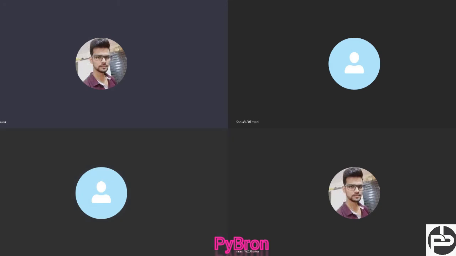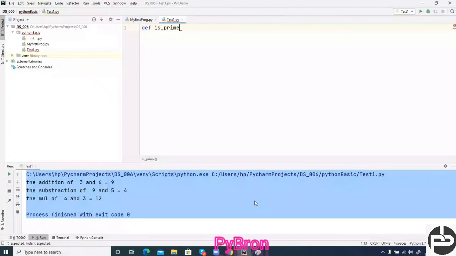Okay, let me type the code then. Meanwhile, what I'm going to do, just make a method def is_prime. Okay, screen is not yet shared. Oh, sorry, my bad. Are you able to see my screen? Yes. So here we can pass the number, we can take a number as user input, and then we have to apply the condition.